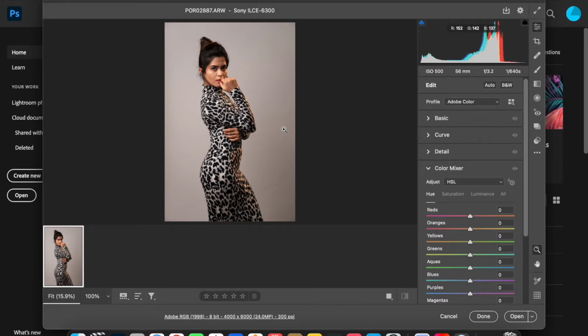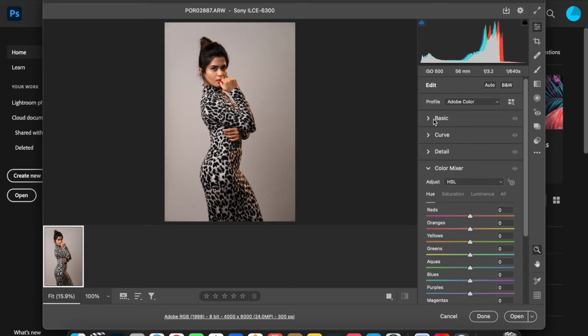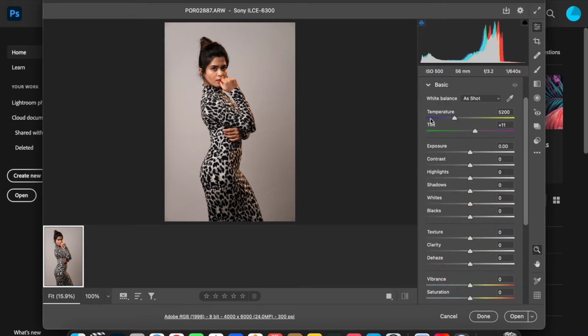This will open the Camera Raw filter, and it comes only when you shoot in raw, right? What I will do with this image is the basic tweaks, because eventually I will do the finer tweaks in the later part. I will reduce the highlights, but while you're doing this, keep watching the graph on top. The graph over here will tell you whether you are underexposing or overexposing. I would still bring out some shadows, because of the light direction you might lose some shadows, and that doesn't need to be there actually.